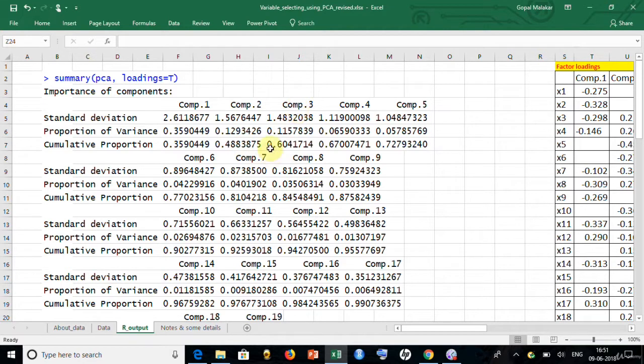The third one again 11.5, and cumulative goes to 60%. The fourth component explains 6.5, the cumulative goes to 67. The fifth component explains 5.7, the cumulative goes to 72. After that it's 4%, 4.24, 3.5, like that. So it looks like the first 5 components are most important, and they cover more than 72%